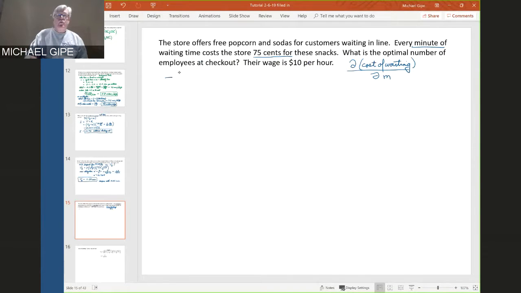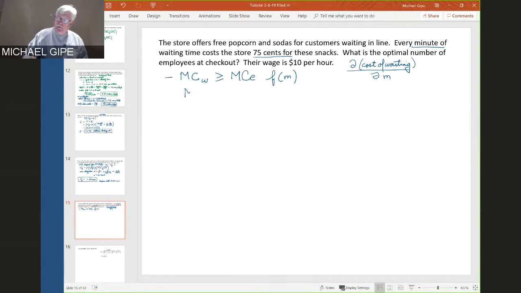But we're going to look at the point where the marginal cost of the waiting, that is the amount of money we have to pay for the customers who are waiting, approaches but doesn't go below the marginal cost of the employees. And all of these are functions of the number of employees, right? I know you're cringing right now. Marginal cost